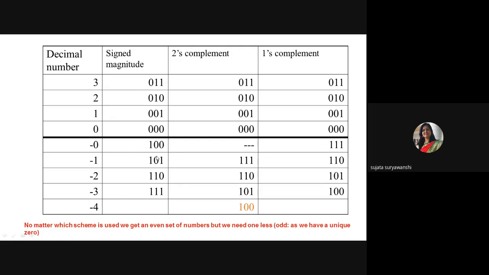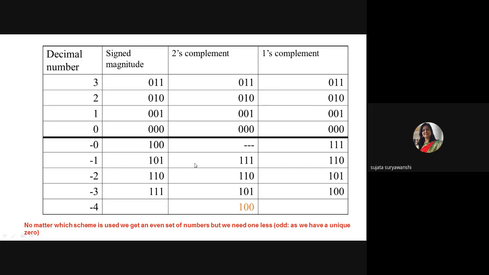Now talk about the negative numbers. So 0, negative number is there. So 1 is written at the MSB bit and it shows the sign. 1 means negative. So minus 0 is there. Remember, for minus 0, there is no 2's complement number available. And for 1's complement, how will you convert? 1 is the sign bit, so don't invert that sign bit. You have to write it down as it is. Simply invert all the magnitude bits. So 0, 0 are the magnitude bits. Simply invert them into 1, 1. So this is the 1's complement of minus 0.